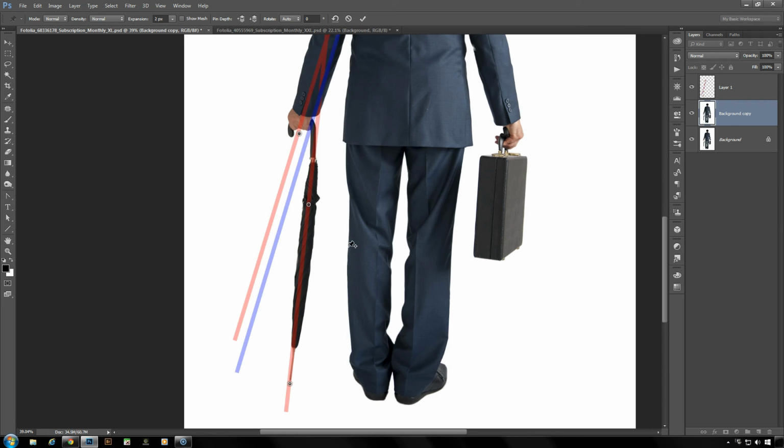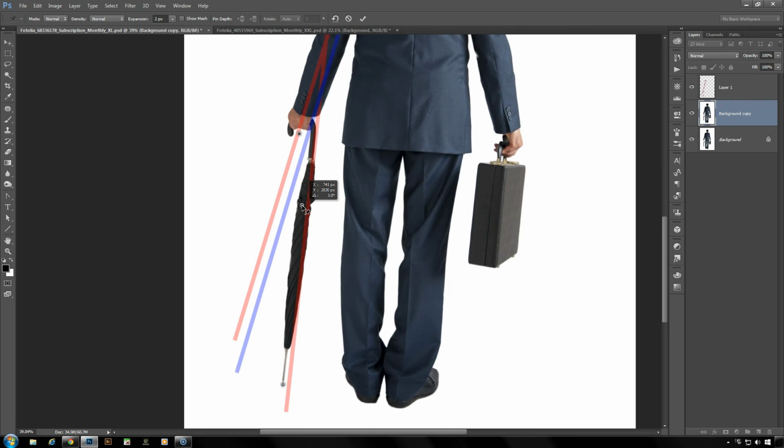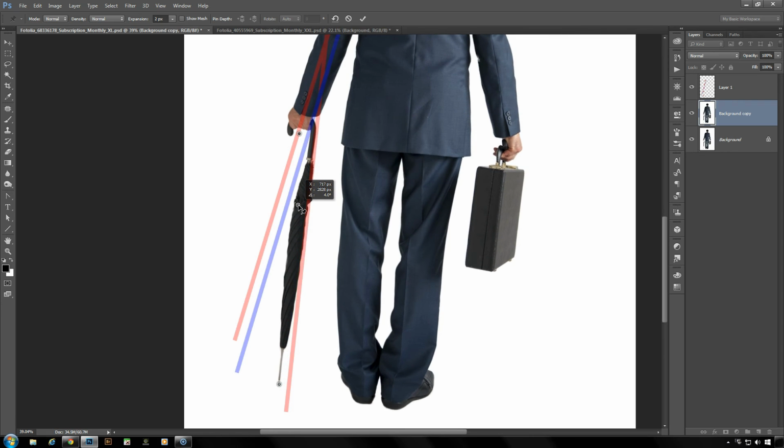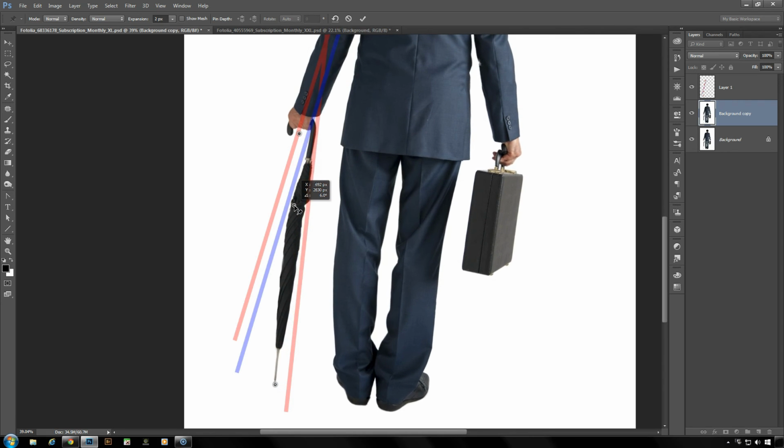Now, one of the things that I haven't shown you yet that you can do here with Puppet Warp is you can select and move more than one anchor point at a time. With one selected, holding down the Shift key while clicking the other pins will get you to multi-select them, and then you're able to drag as many as you've selected at one time. So I'm going to take these 2 points as they're both selected. I'm going to move them over. Not worrying about the rest of the body here, we'll fix that later. But we'll move that a little bit at a time